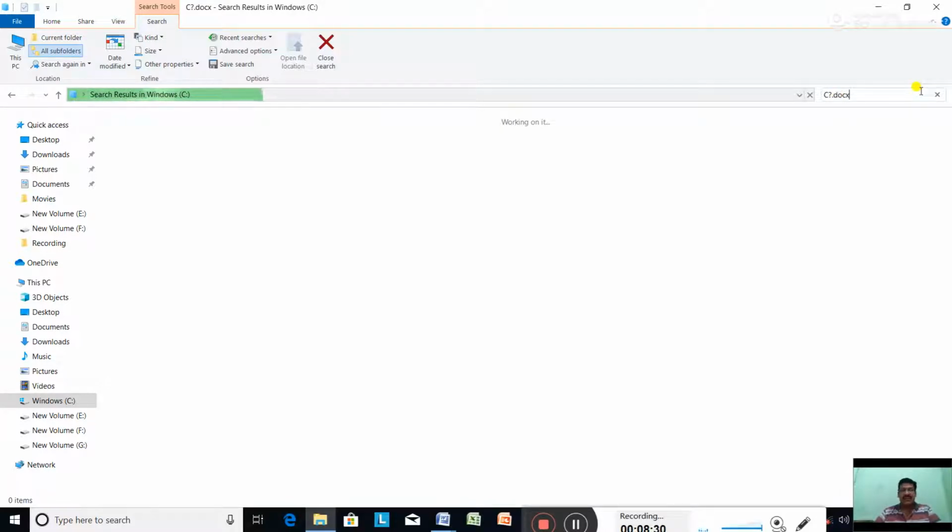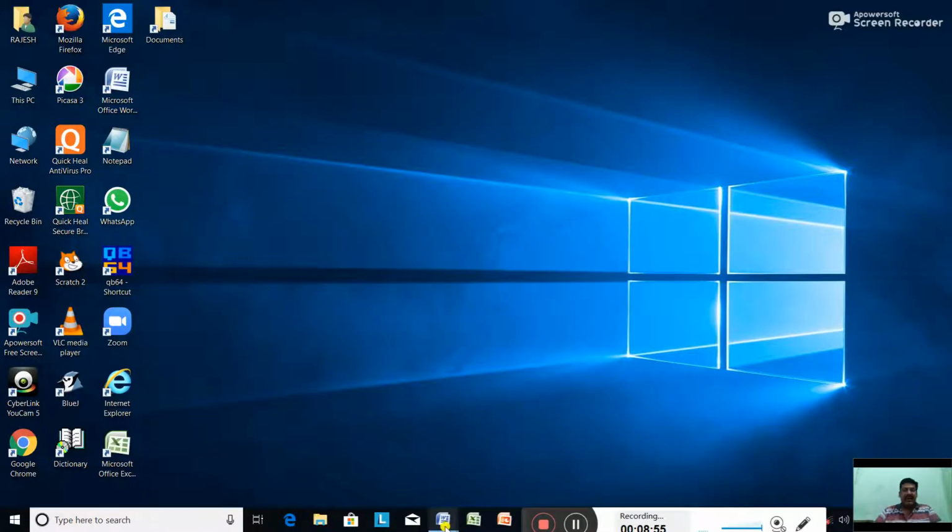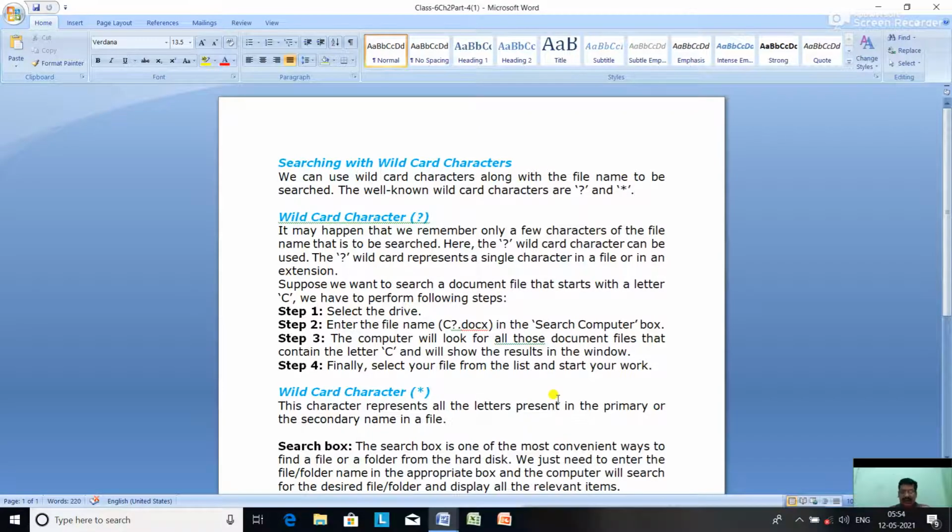You can see on the screen, the process has started. So this way it can search the required files using the wildcard character.